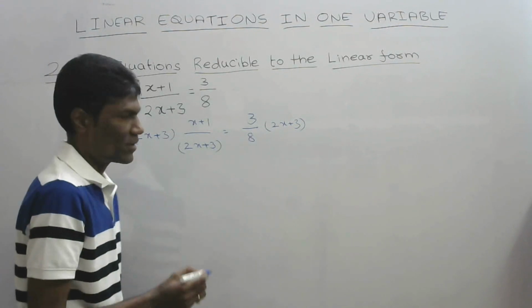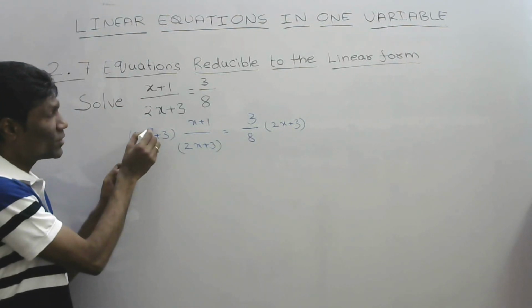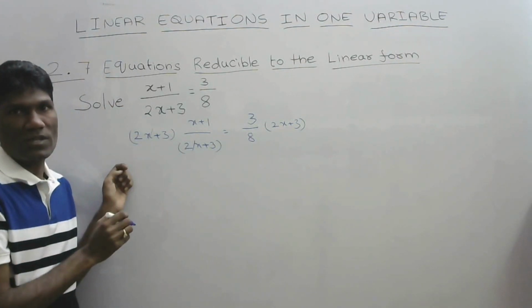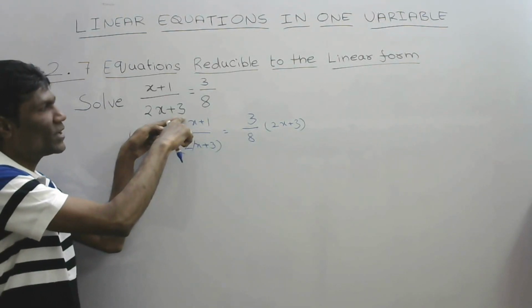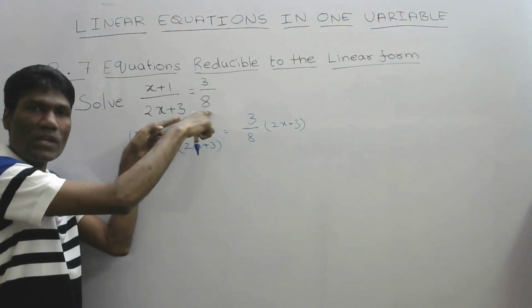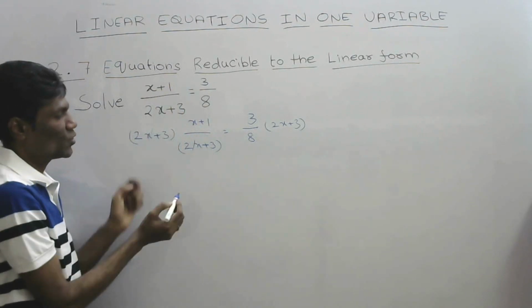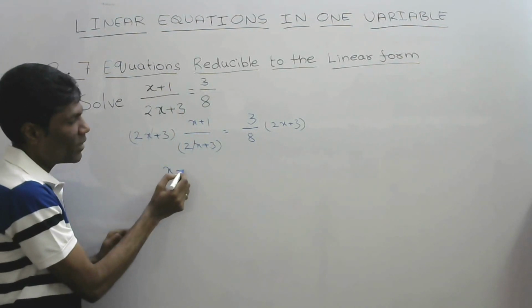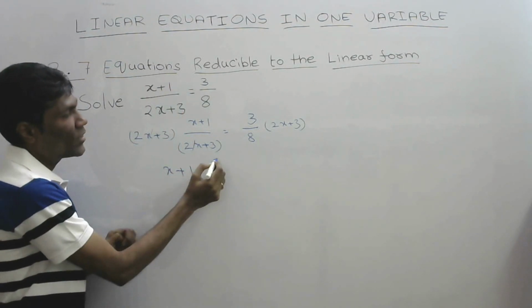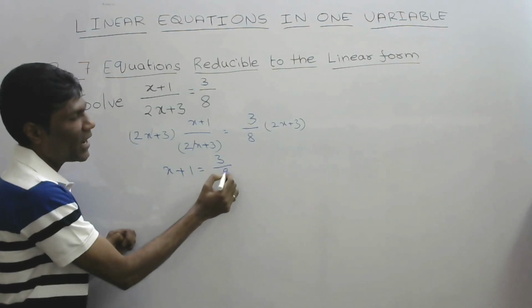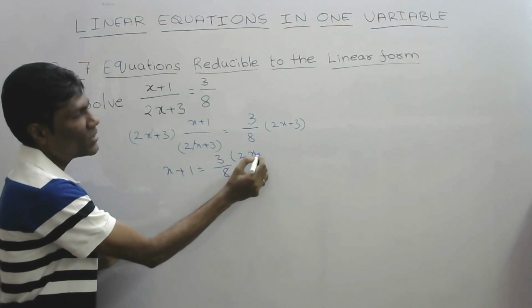We are multiplying. Why? So that these two will get cancelled and we are left with x plus 1. That is only numerator. So we are left with x plus 1 equal to 3 by 8 into 2x plus